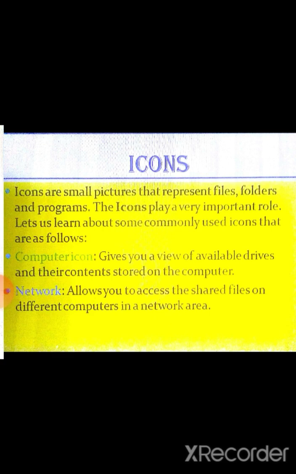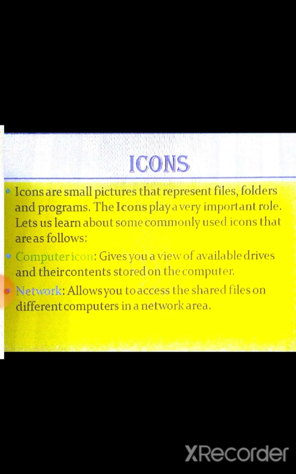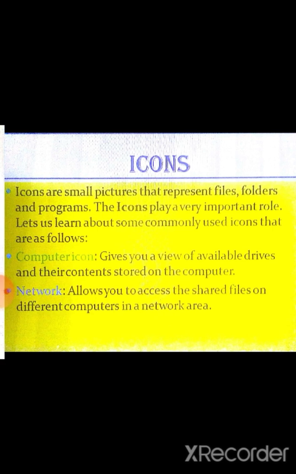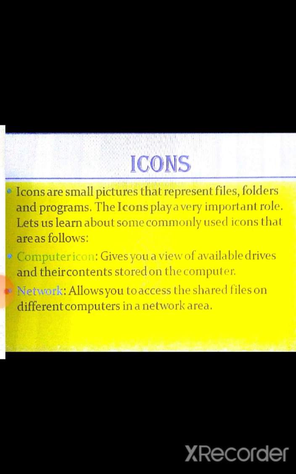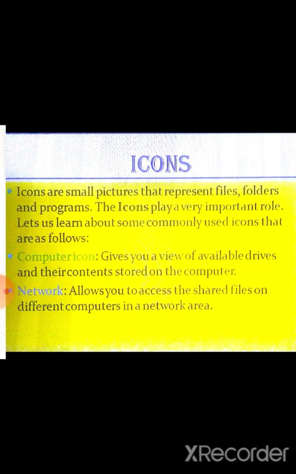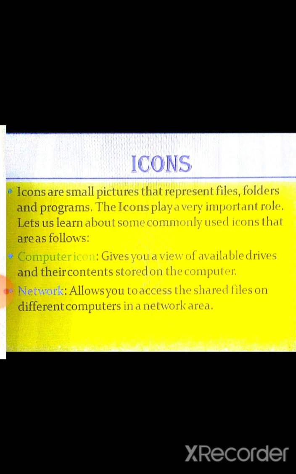Now second icon is application icon. With the help of this icon, you can quickly access any related application. For example, suppose you want to visit Microsoft Word, then just click on the application icon of the Word, where the picture is a capital W. When you double click on that icon, your Microsoft Word opens, and you can quickly access that application and start your work.